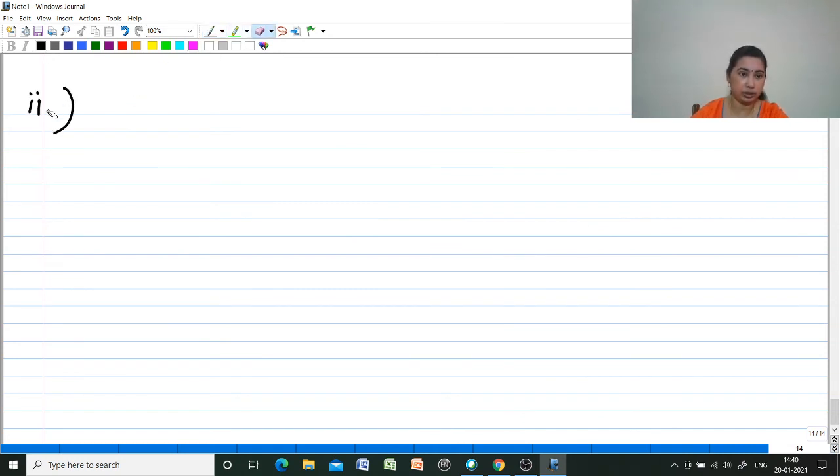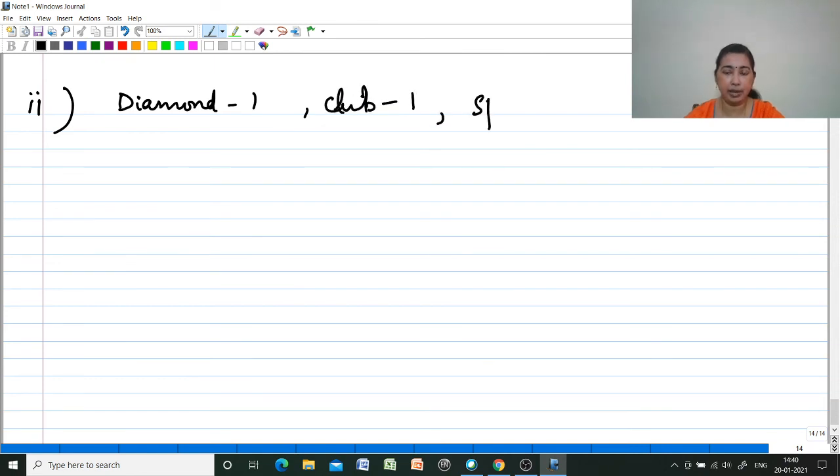Second sub question, not third, second sub question. That is 4 cards belong to different suits. So all the 4 cards are different, which means 1 card from diamond, 1 card from club, then spade, then heart. So from each one we have to take one. So how many different selections are possible? That is required